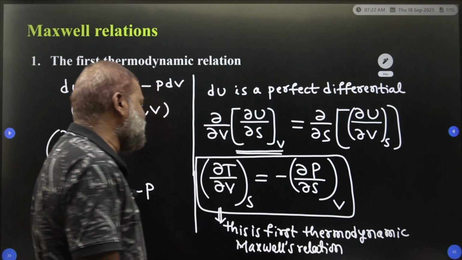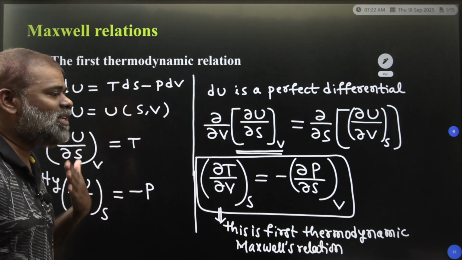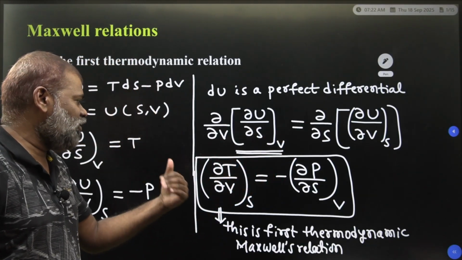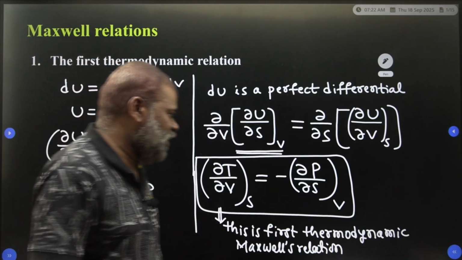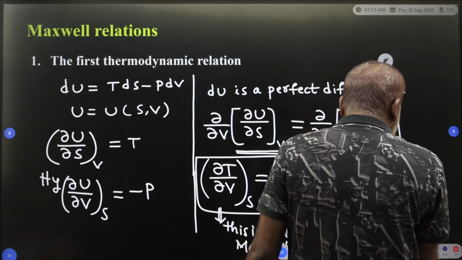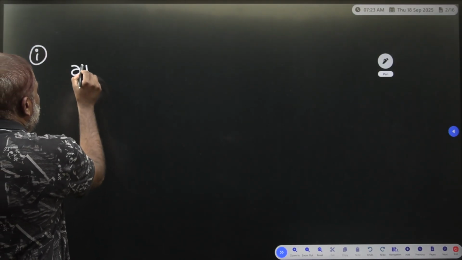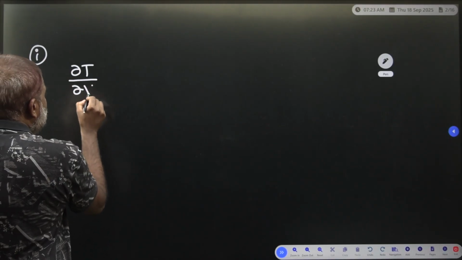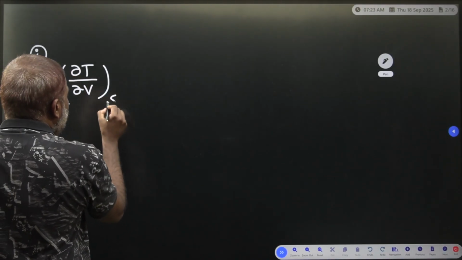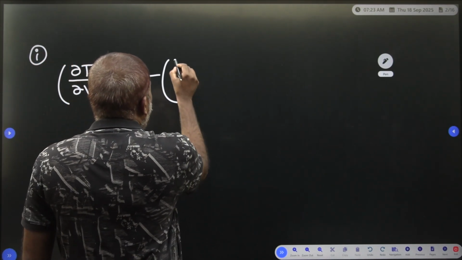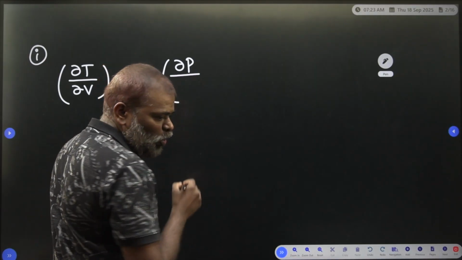That Maxwell relation is dou T by dou V at constant S is equal to minus dou P by dou S at a constant V. This is the first thermodynamic relation. Once again, the first thermodynamic Maxwell equation is dou T by dou V at a constant S is equal to minus dou P by dou S